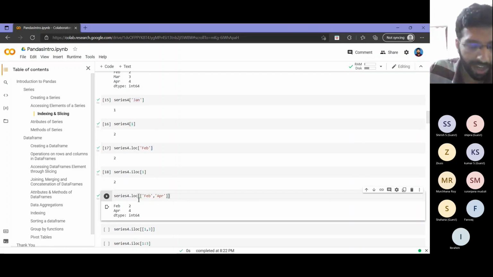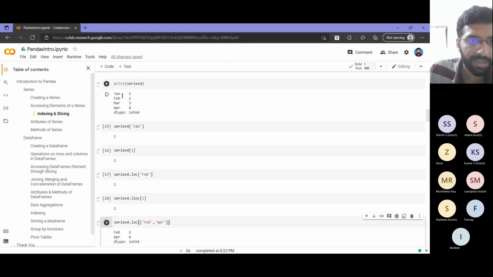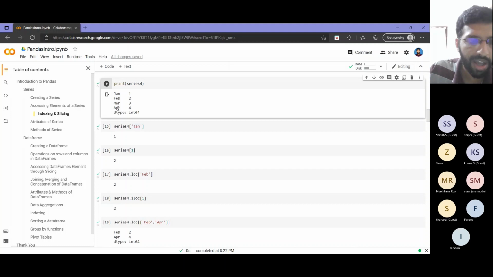So this means I want to fetch the labels corresponding to the indexes which I am passing as a list. What I am passing here is a list which contains the elements February and April. So whatever elements are in the list, those labels will be used to fetch the values. So out of this, February 2 and April 4, both of those I got as output in this case.